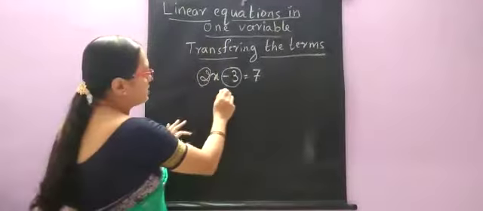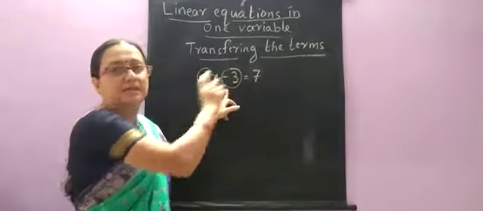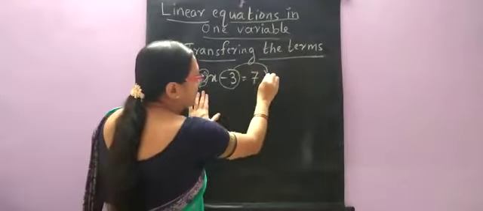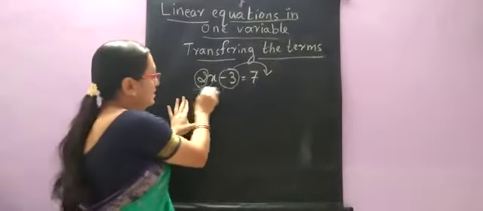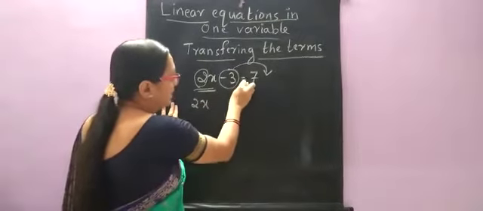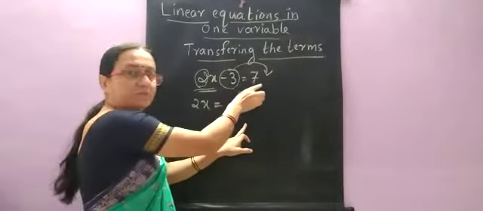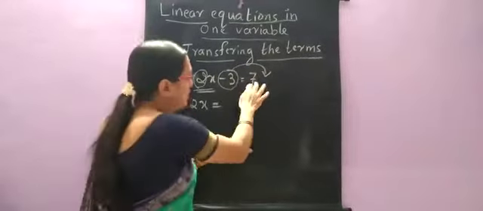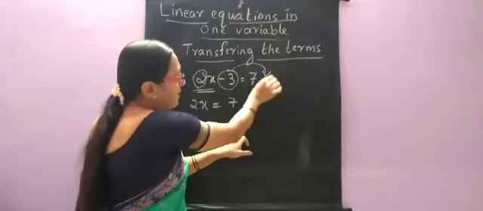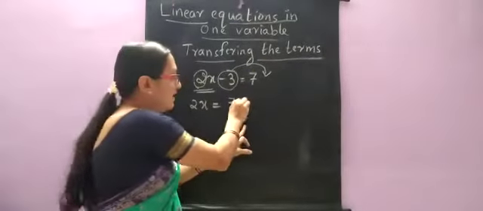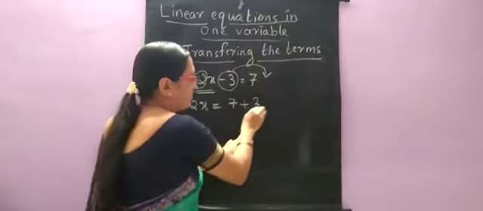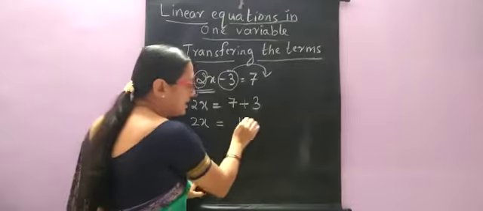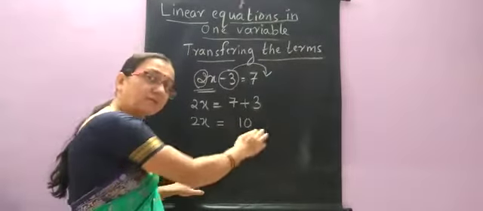Now the first step is we have to shift the minus 3 to the other side. Together we have to consider it with the sign. If I take minus 3 from the left hand side to the right hand side, what remains on the left hand side? This whole term 2x remains here, equal to, because it is shifted now. Right hand side I did not do anything, so the 7 remains as it is. I am shifting minus 3. Minus 3 when shifted to the other side becomes plus 3. So 2x as it is on the left side, 7 plus 3 is 10 here. So the right hand side value becomes 10 now.